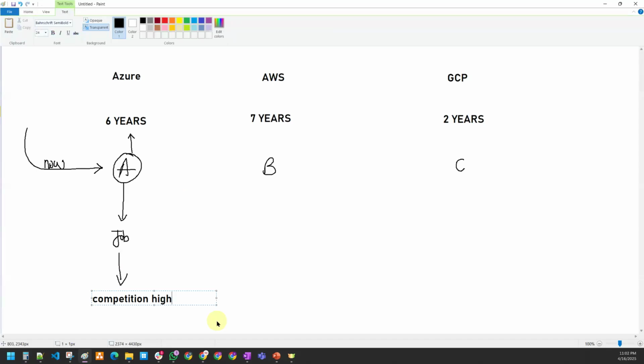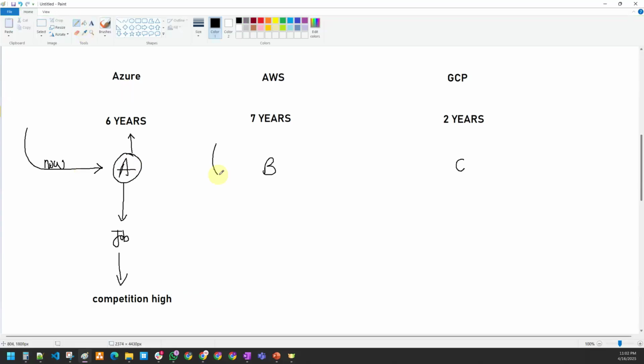Tell me, if you learn some course and compete with real-world people to get a job, it is very difficult. You can do that if you are a very good expert in all areas, some genius; in that case you can get a job in any area. But learning some tool for the first time and getting a job when there is huge competition is very difficult. Similarly for AWS also,